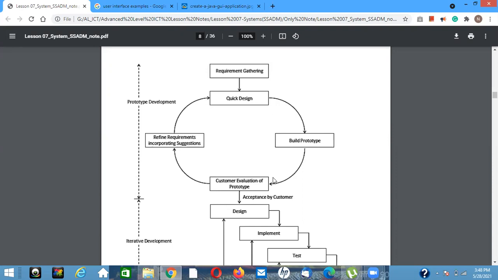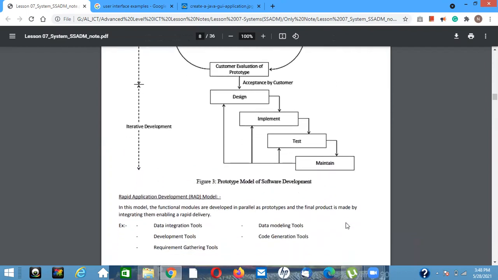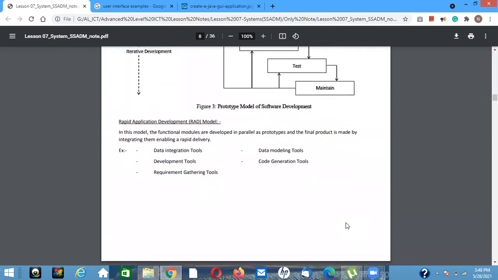If some mistakes have happened, take feedback from the customer, then refine the requirements, incorporating suggestions, then again design, then again build the prototype, then again work with the end user or customer to refine the prototype. Finally, when the customer accepts the prototype, they can go for the actual design, implementation, testing and maintenance.